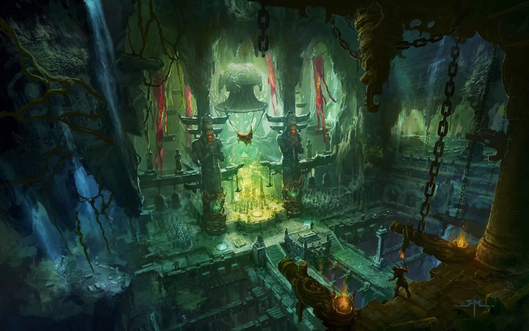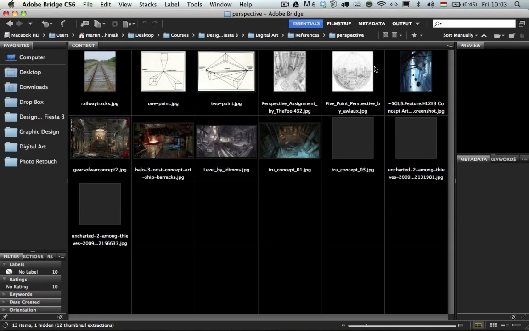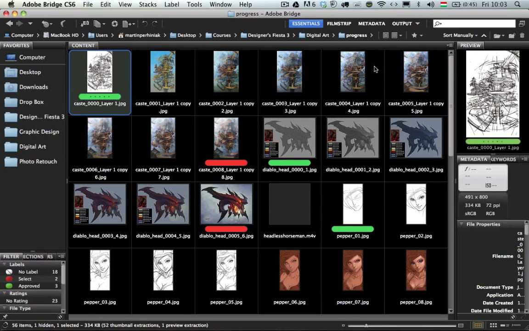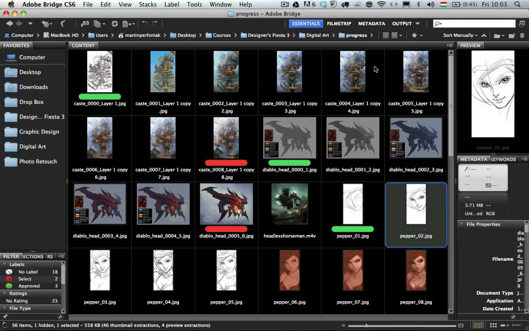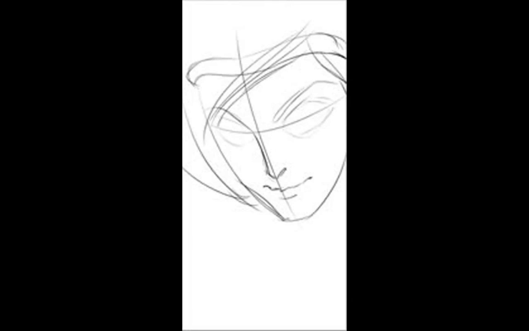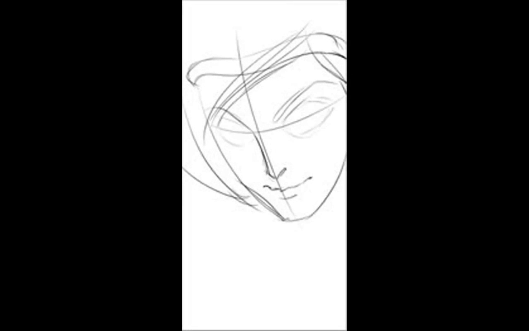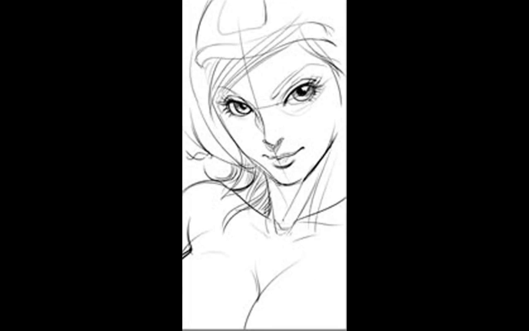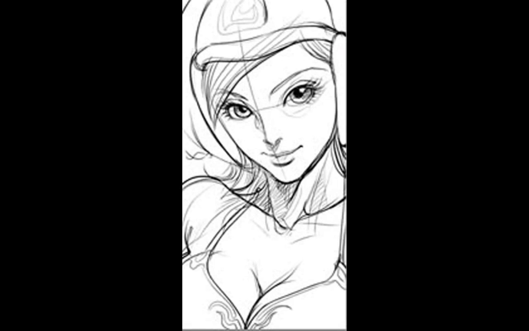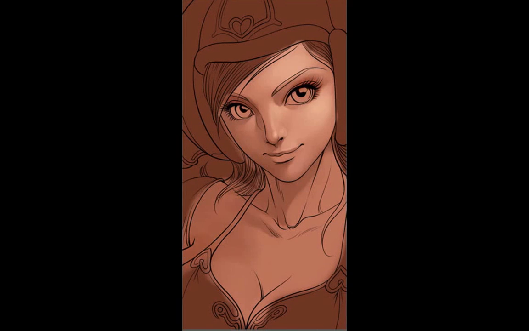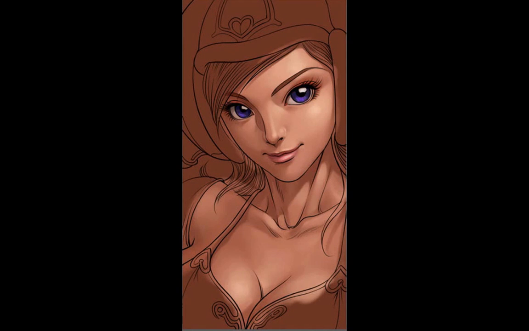So all these are examples of digital art, and let me show you, I have also somewhere here, just to see how it starts, a digital art portrait. This is a very famous character from a Singaporean artist. This is the progress. So from the start, from a quick sketch of the portrait, then the phases and stages of it, cleaning the portrait, then adding the base colors, then adding a bit of lighting, then more colors and more